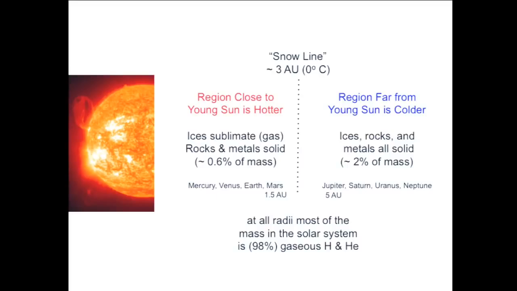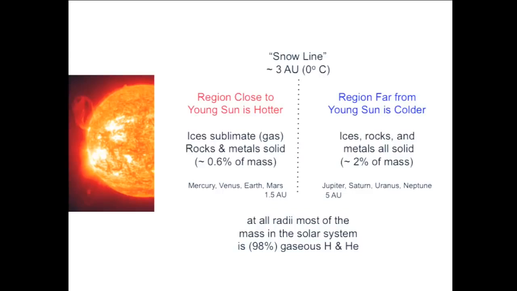And the key to the difference between the inner and outer planets is roughly the following. Here's the sun. This is my schematic of the disk around the star. Close to the star, you get heated by the sunlight more than far from the star. So the regions close to the star are hotter than the regions far from the star. And it turns out that the region around 0 degrees centigrade, which is where water freezes, is where you go from having solid ice, actually, the pressures are so low you don't have liquid, you go from solid to gas directly. So out here, the temperatures are below 0 degrees centigrade, so water freezes. You have ices.